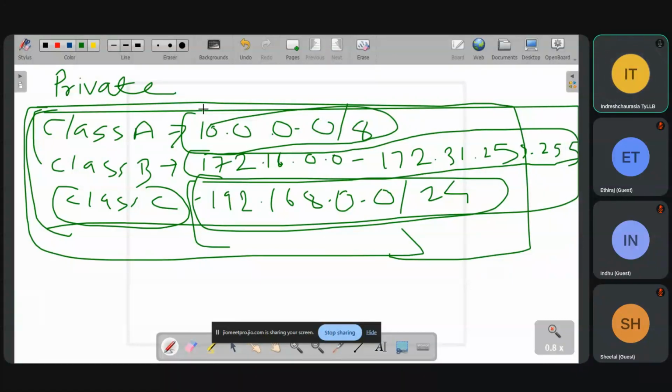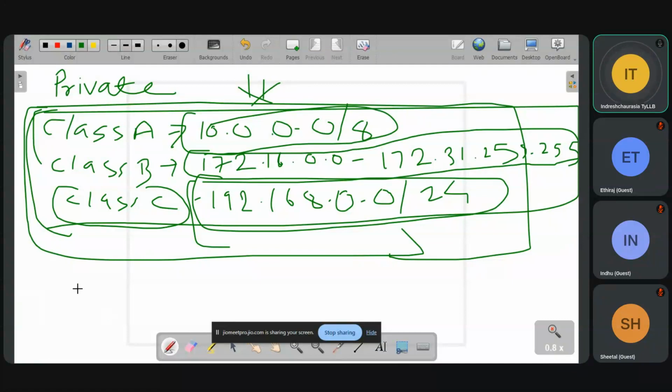Now when I'm connecting over the internet, the IP address is going to change. There is no other way. You have to remember this particular range of IP address, which I'm showing on the board. I will share the document with you. You have to go through that document, and whatever we have studied is there. Don't worry. This is the private IP address.